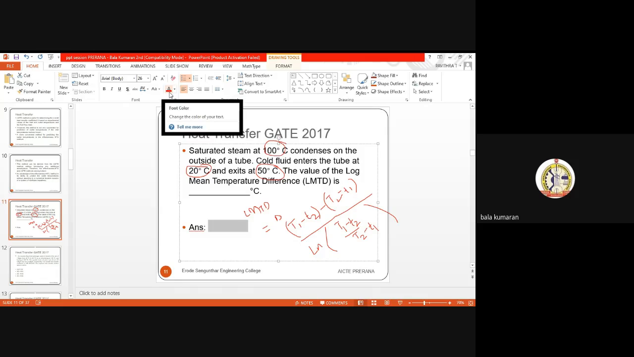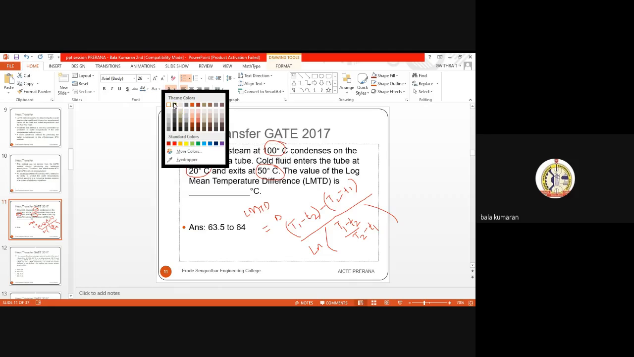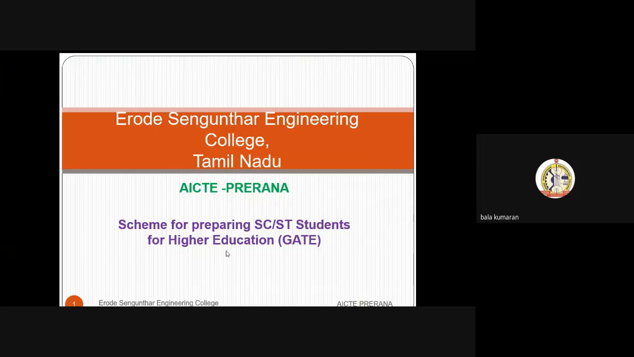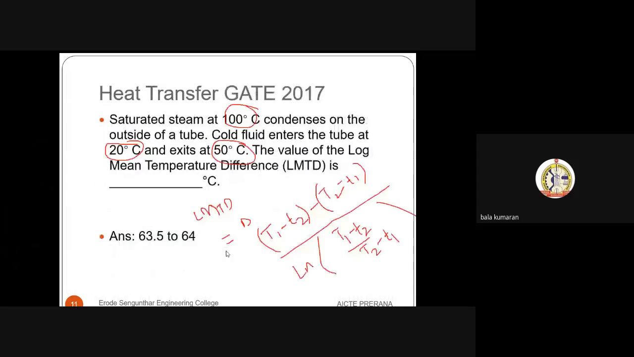The answer is 63.5 to 64 degrees Celsius. Simple. You just need to know the LMTD formula: the difference of the terminal temperature differences divided by ln of their ratio. If you apply all the values in the respective places, the answer will be around this. You can write it as approximately 64 degrees Celsius, or 63.2, 63.5 degrees Celsius,